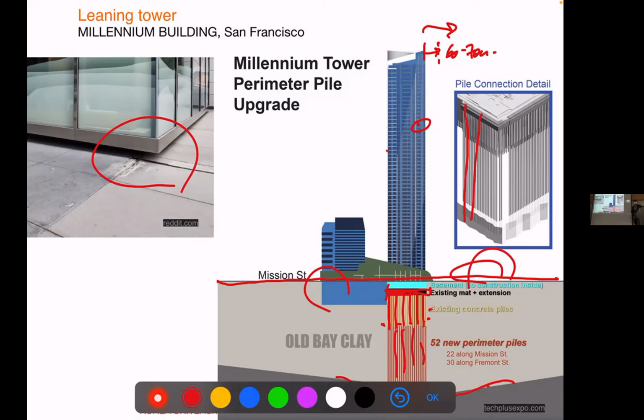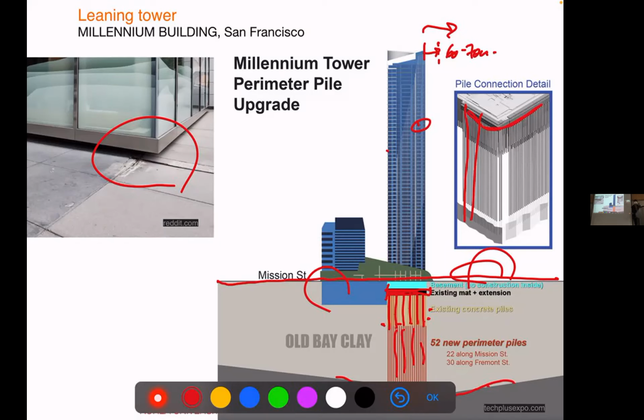And then, since the developer already had some information that it could stand without the piles, which is an option, they decided to go without it. And now they have a problem, and they don't know how to solve it, because once they started drilling the piles, it's still leaning more. So it's very, very problematic.